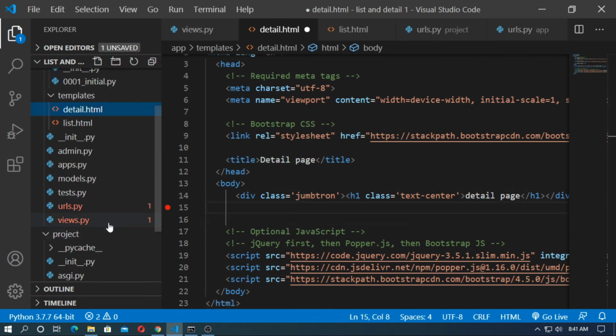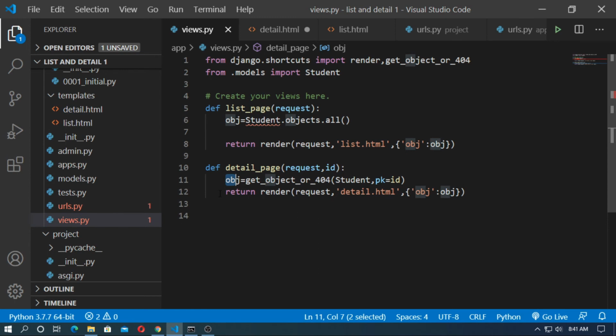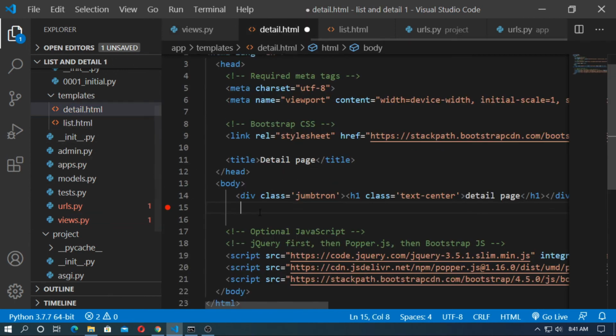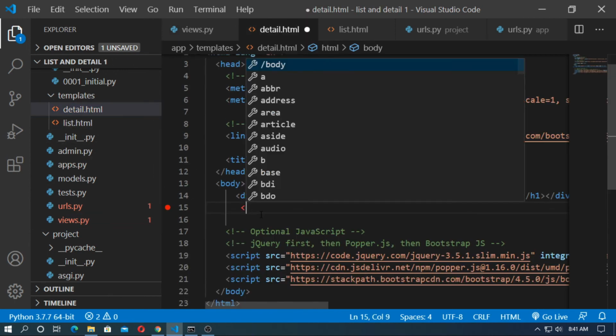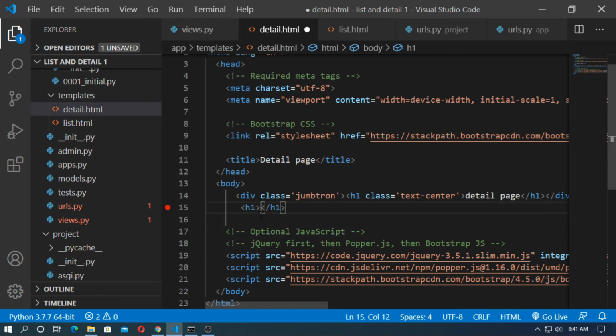So now our Django variable is obj, so we will use it. So here type h1 and name. So pass the variable obj.name. So same for email and the subject.